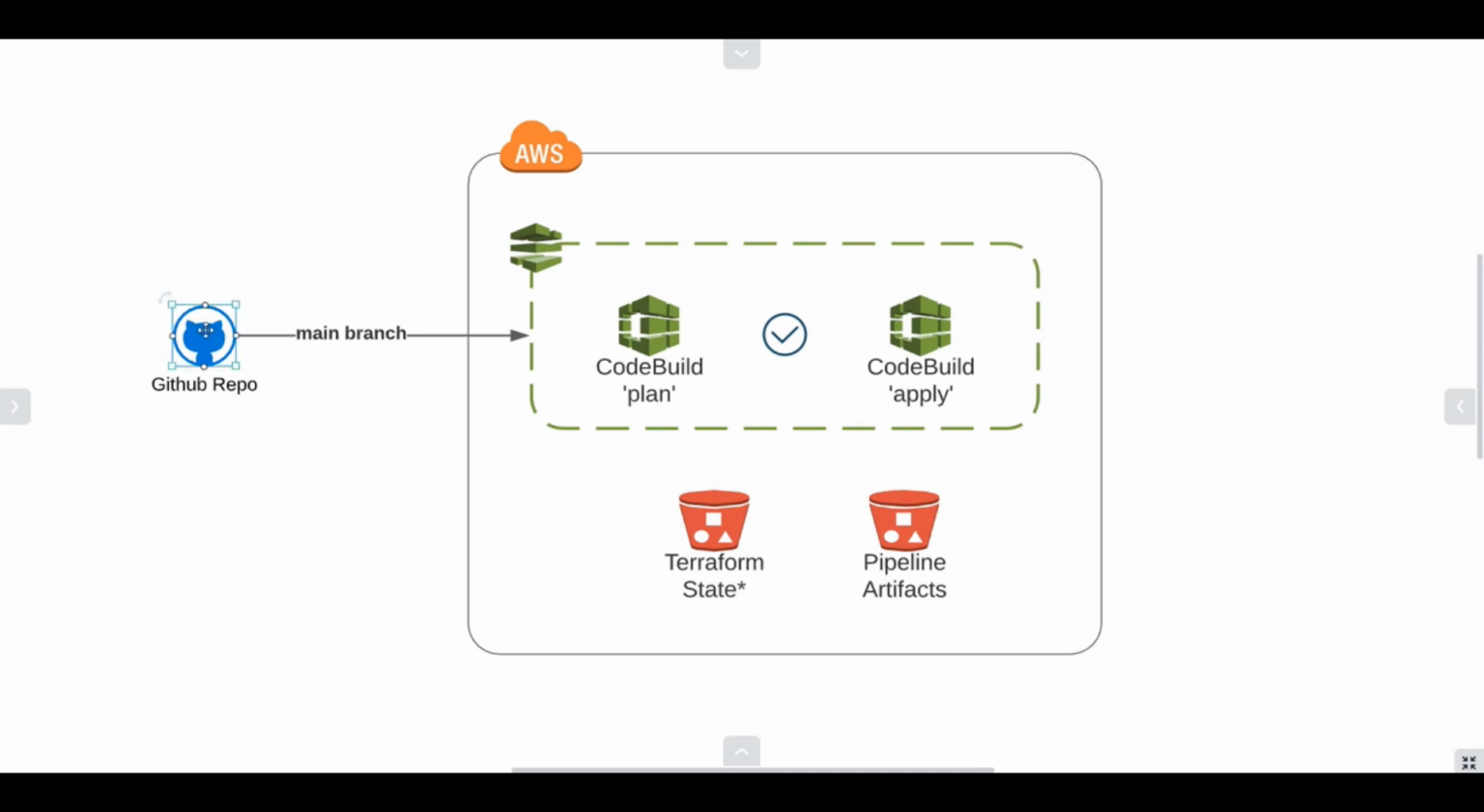We have a GitHub repository with a branch called main, and this branch sends notifications to the pipeline whenever changes happen to the branch. The pipeline triggers. There's a source stage which downloads the source code and puts it on the pipeline artifact S3 bucket. The code is then passed to the build phases we see here. The first phase will run Terraform plan. The second phase will run Terraform apply. There's an optional approval stage which you can choose to put in. And then there is the Terraform state S3 bucket, which is marked with a star because we need to create